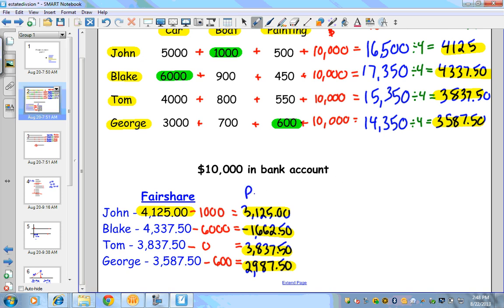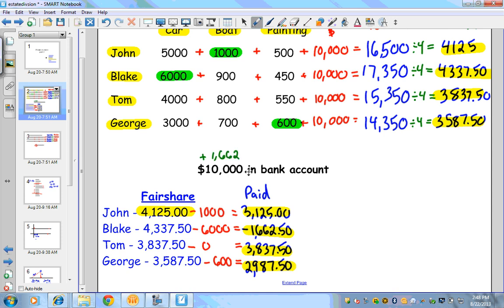Okay, now the one thing to notice is that Blake is negative. He actually bought something that was more than his fair share. So what Blake is going to do is take this amount of cash and write a check to the bank account, and the bank account is getting